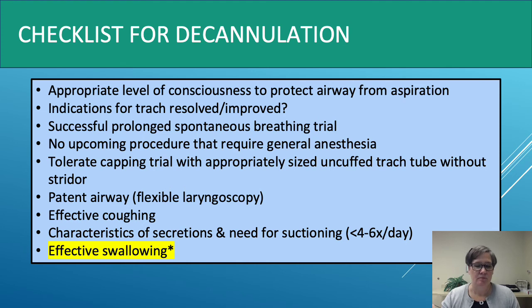So if they're handling their secretions and not drowning in their secretions, then that swallow function, ability or not ability to do so, is not as important. But if they are drowning in secretions, then these aspirated contents as well as their own secretions can be suctioned through the trach tube and therefore maybe not be on the list for decannulation. So, I list this one so that it's noted, but also that realizing it's a much more nuanced item on